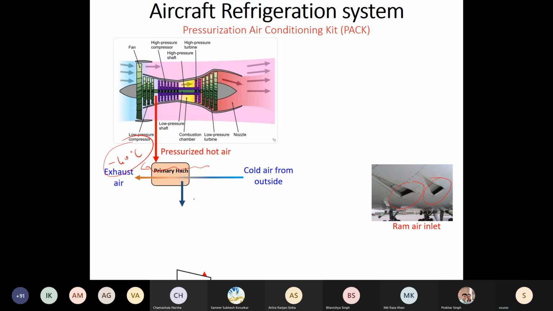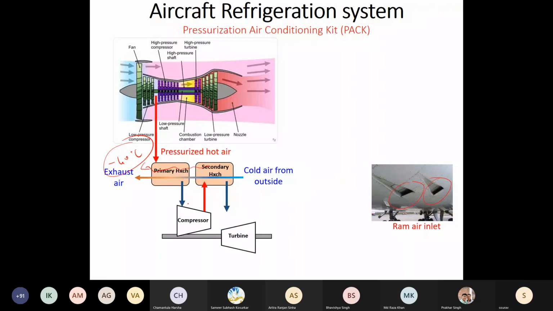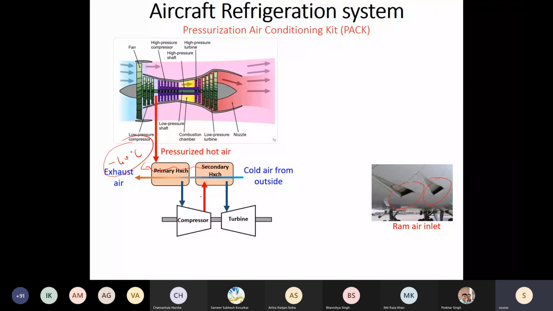Then we pass it through a compressor, again cool it, and then pass it through the turbine. So the idea is still the reverse Brayton cycle. It is just that we are having multiple stages of compression and one stage of expansion. Now this is still a simplified form of the air conditioning system. We have a lot of bleeding going on from here, just to ensure a certain set temperature